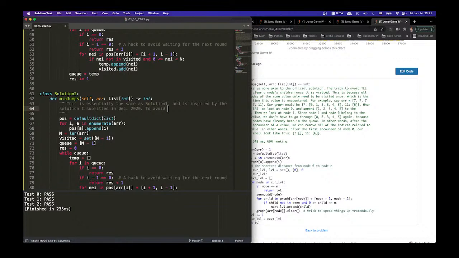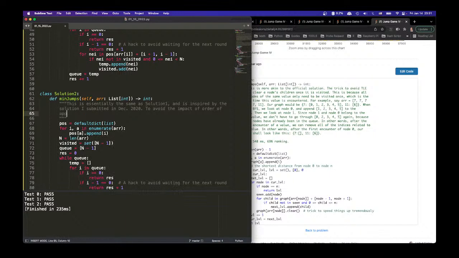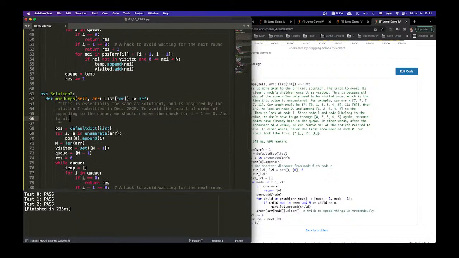To avoid the impact of the order of inserting, so appending to the queue, we should remove the check for I-1 equal to 0. And to alleviate the wasted time,